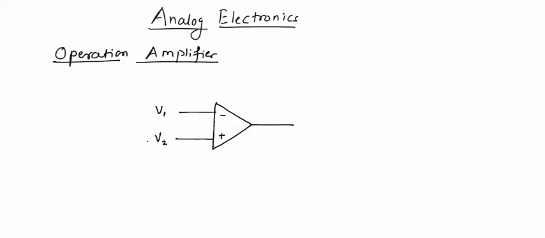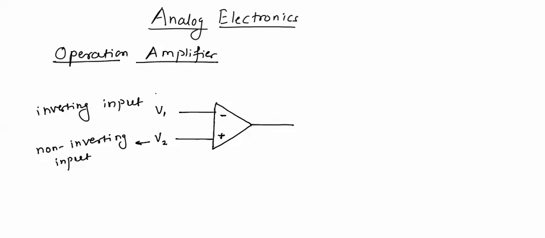It basically has two inputs, one represented with positive sign known as non-inverting input, while the other input represented with negative sign known as inverting input, and has an output terminal where a voltage is generated which is an amplified version of the difference in the voltages applied at the input, which is equal to AOL, called the open loop gain of the amplifier, multiplied with the difference